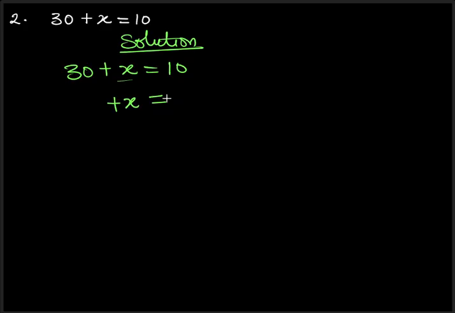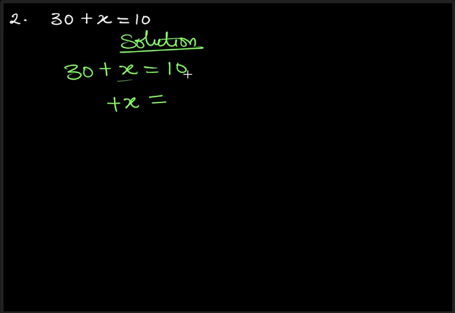We only have plus x there. So the sign of x will not change. Take note, the sign of x will not change because it has not crossed the equality sign. The sign only changes if it crosses the equality sign. So we are still leaving x where it was, so we are not changing the sign. So plus x is equal to